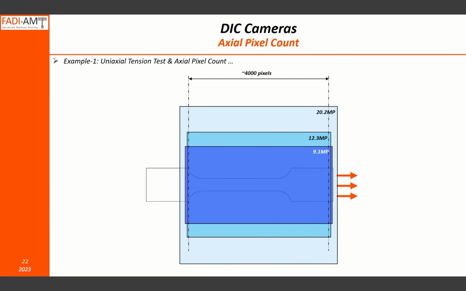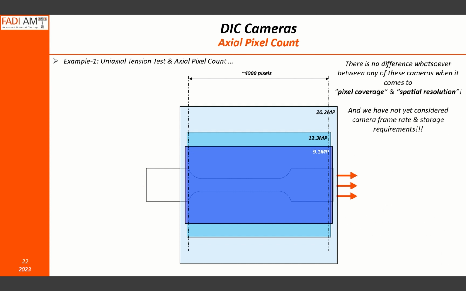And if I were to impose that field of view on any one of those 3 sensors and calculate the pixel resolution or the spatial resolution, they will be almost exactly the same in terms of the spatial resolution. So if you try to maximize what you want to get out of any of those 3 sensors, regardless of their total pixel count, you get exactly the same result. So there is no difference whatsoever between any of these sensors when it comes to pixel coverage and spatial resolution